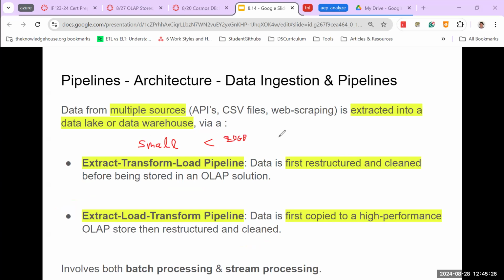Extract transform load is probably good enough. You probably won't be wasting too much compute creating ETL pipelines. However, on the other hand, if you have a large data set, let's say 100 gigabytes, anything between 100 and 20 is in the gray zone. Anyways, if you have a large data set that's 100 gigabytes, then maybe what you want to do instead is